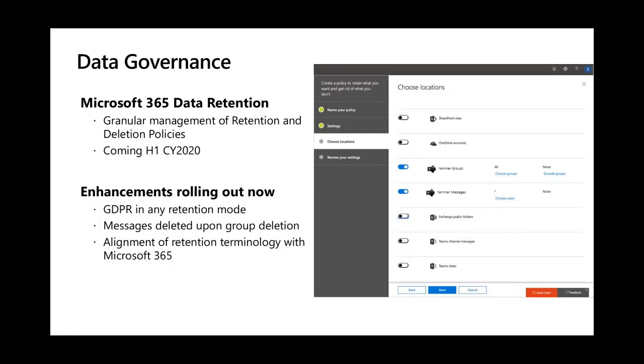So the last topic for me today is data governance. Data governance focuses on both minimum and maximum retention policies for the data that you're entering into the Microsoft 365 suite. Right now, if you're in native mode, your only data governance option is to keep data around indefinitely until we release updated data governance.